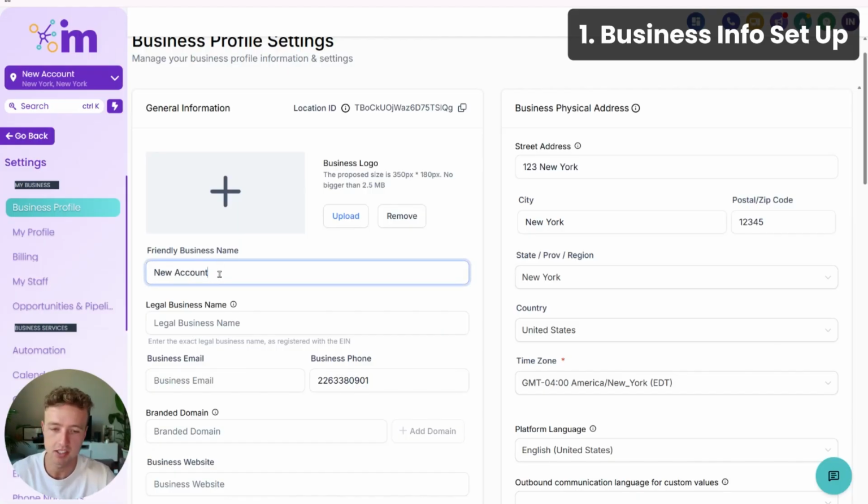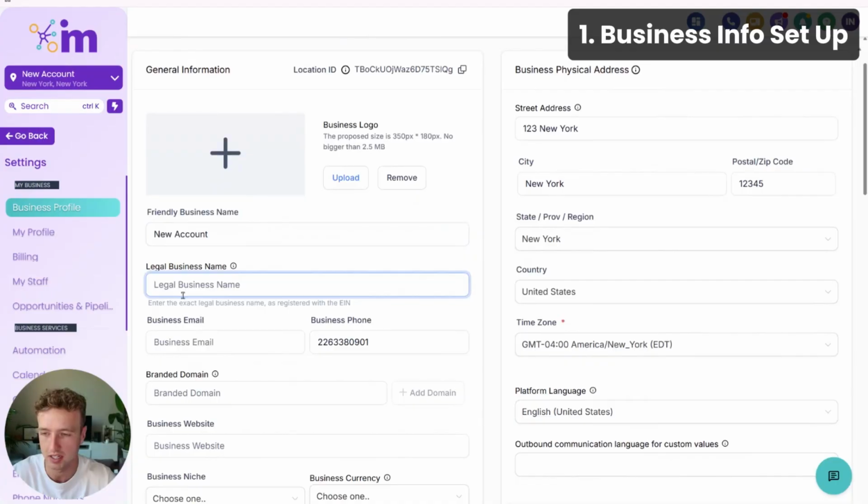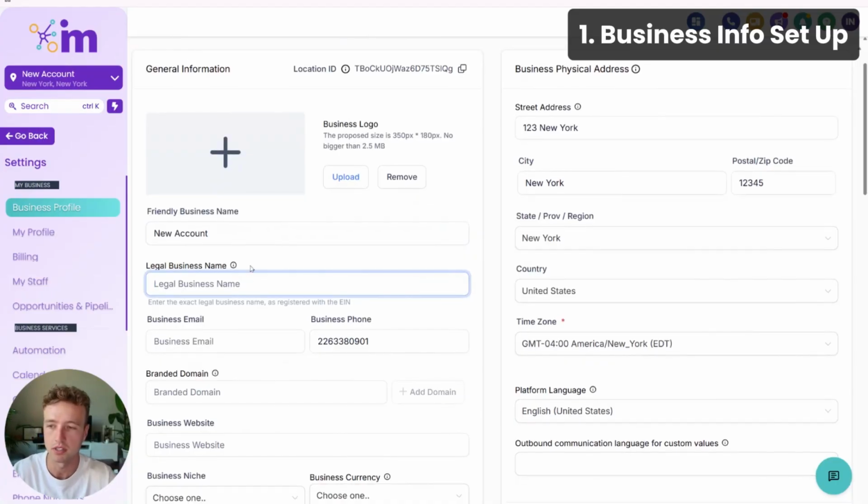Friendly business name, this is going to show up in a few different places, but what's going to be more important here is your legal business name. Okay, so when you put in your legal business name, if you are a registered business, you're going to want to put your legal business name exactly as it's written inside your legal business documentation. The reason I say that is if you ever want to register for a phone number and you're based in the US, for example, or if you're based in Canada and you want to send text messages within the US,